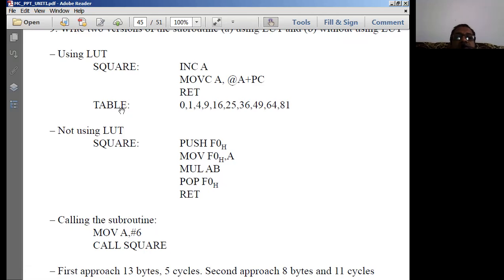So imagine that the table contents are stored from the PC location. So PC plus 0 is entry 0, PC plus 1 is entry 1, so from 1 we have to read. Here this instruction is executed. By doing so, these contents are simply fetched into the accumulator A and stored there. Then say return. Control returns back to the main program.